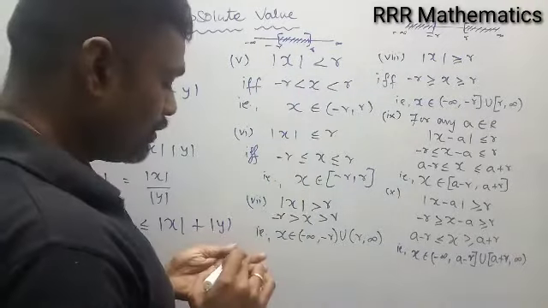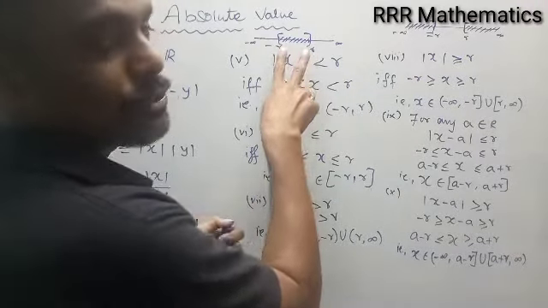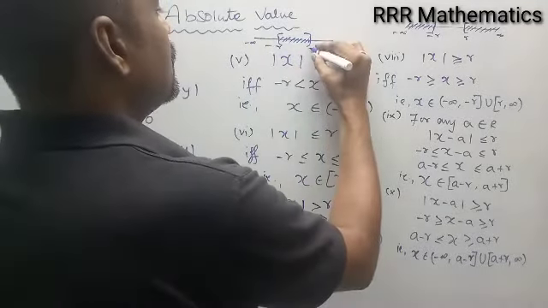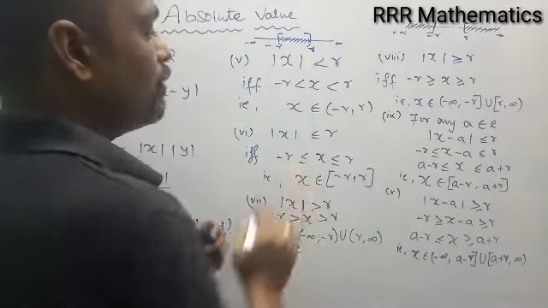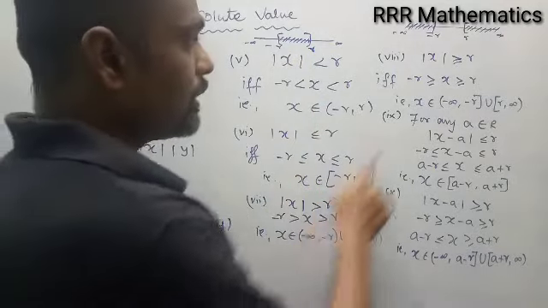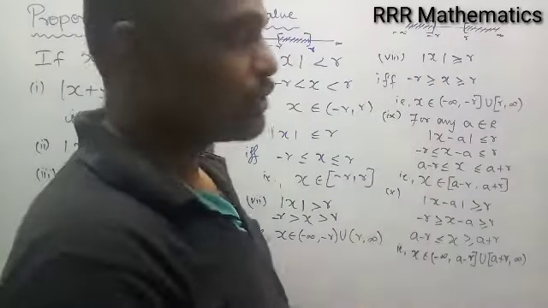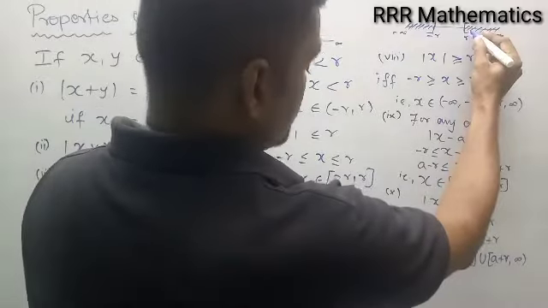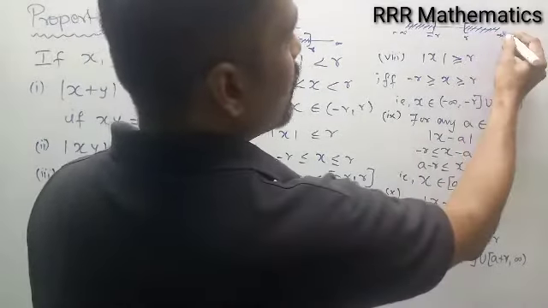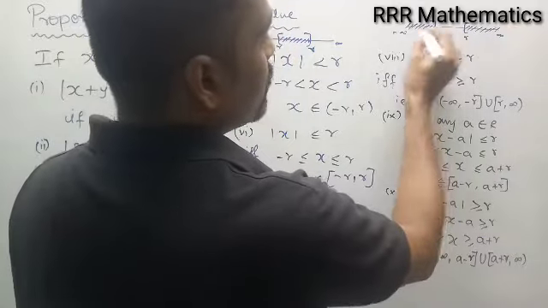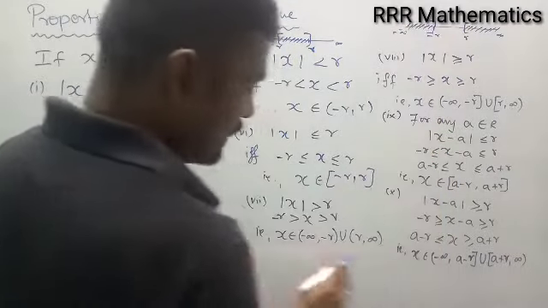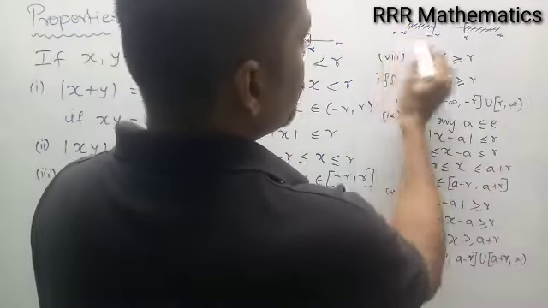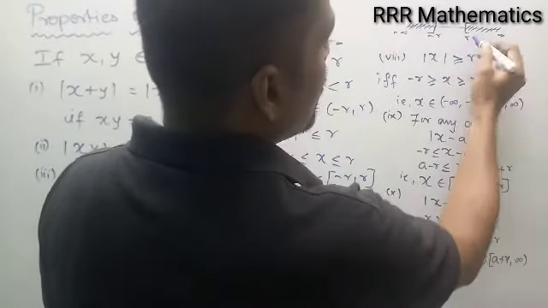So less than or equal to means the value of x lies between these two values. If it is equal sign, it includes the extreme values of r and minus r. If it is less than alone, it will be an open interval. For greater than or equal to, the value lies outside of these two values r and minus r. That is, in this case, x is greater than r, so r comma infinity is outside of this one, and minus infinity to minus r, that is what is written here. Suppose equal sign means it will be closed, that is minus infinity to minus r closed, and r comma infinity closed.